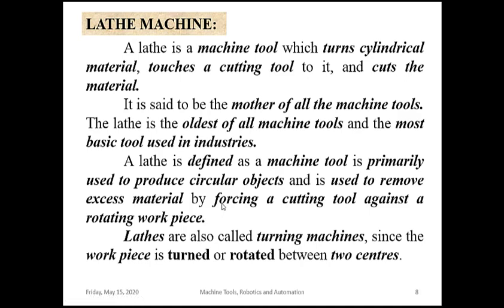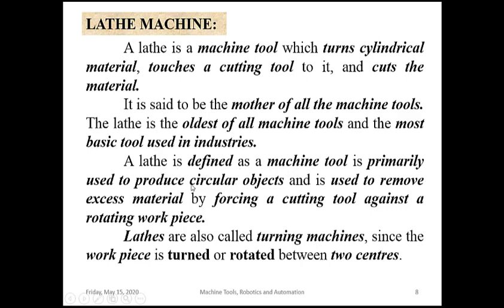The workpiece will be fixed between the headstock and the tailstock, or if it is of very small length, then it will be firmly fixed in the chuck and made to rotate at very high speeds. And when the workpiece is rotating, the cutting tool will be fed against that rotating workpiece. When the tool comes in contact with the workpiece, the tool starts to remove material from the workpiece. So that is how the working principle of the lathe works. Anyhow, we have a simple diagram for that. I will show you that also. So again, I'll go through that.